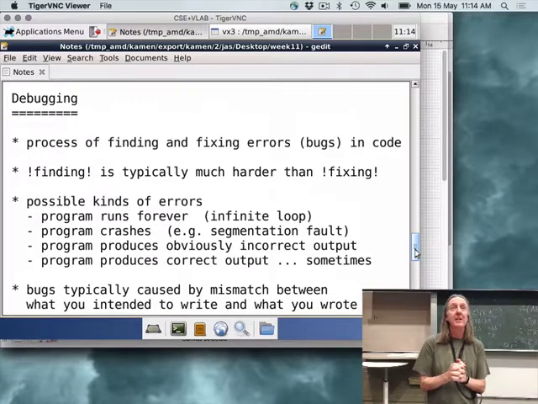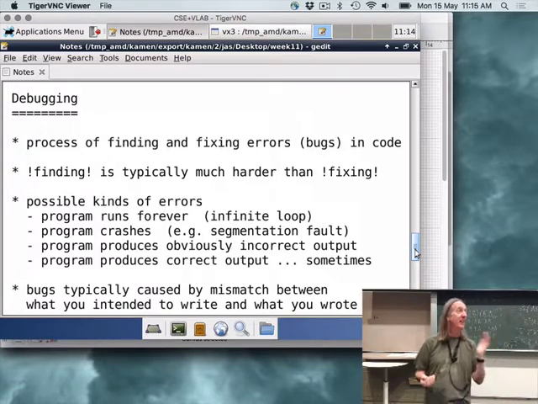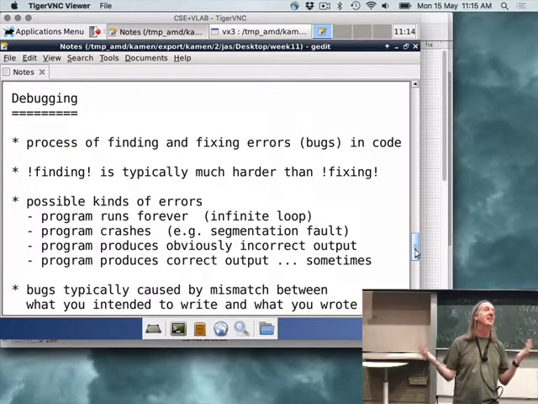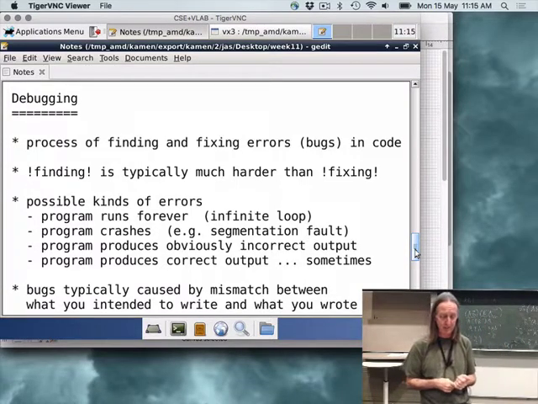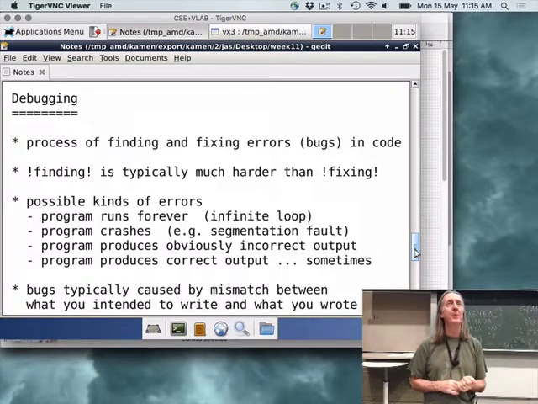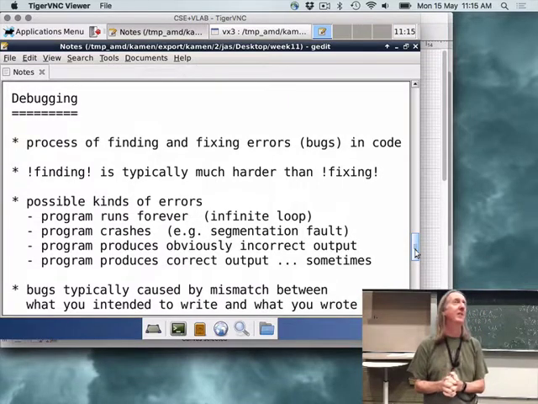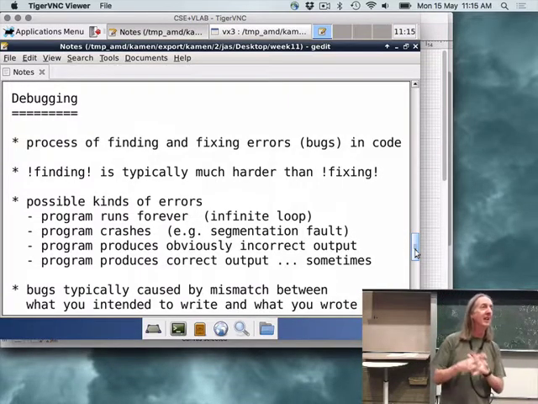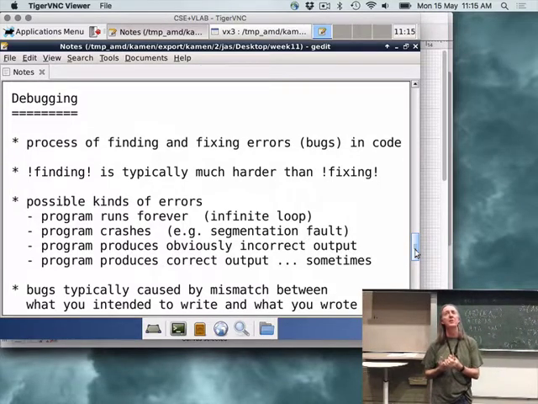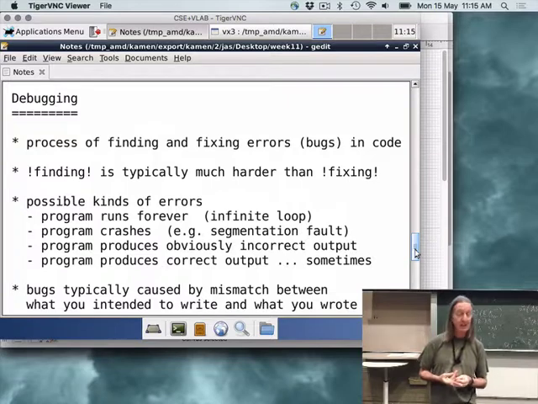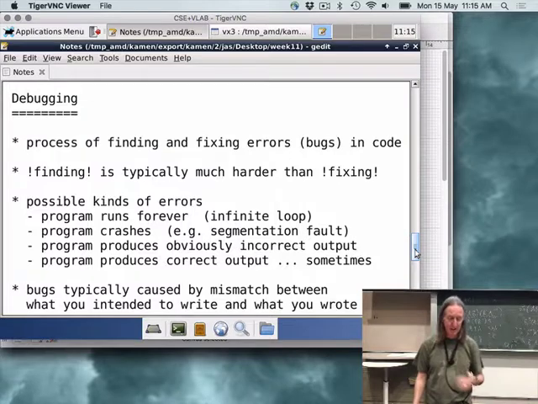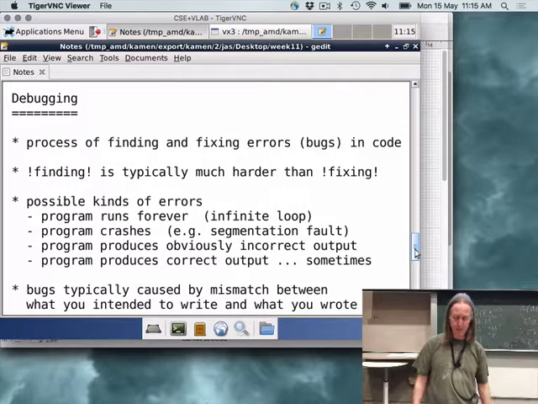So, what debugging is all about: you inevitably put errors in your code. You don't try to, but it just happens. You get a bit sloppy, you don't quite think while you're typing in one line of C code, and that screws everything up. So debugging is all about finding the bugs and then fixing them. A lot of people think fixing them is the hard bit, but it's not. It's actually finding them in the first place. So once you find the piece of code that's doing the wrong thing, working out what it's supposed to do, and then writing some C code to do that is generally pretty straightforward.